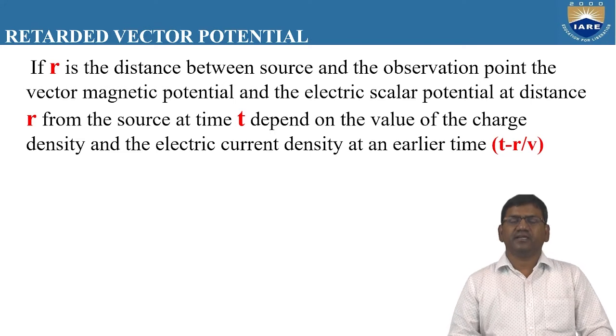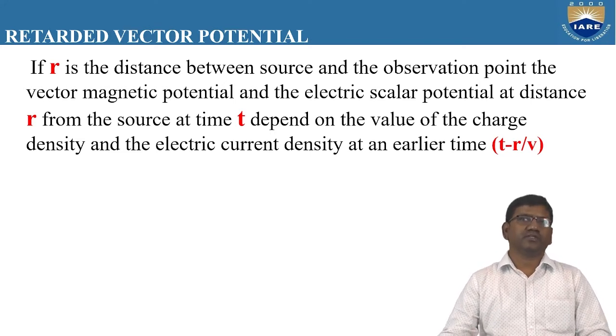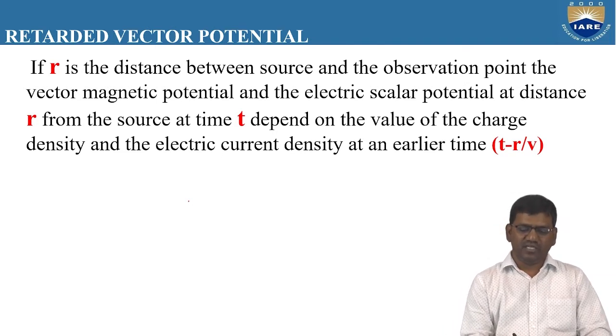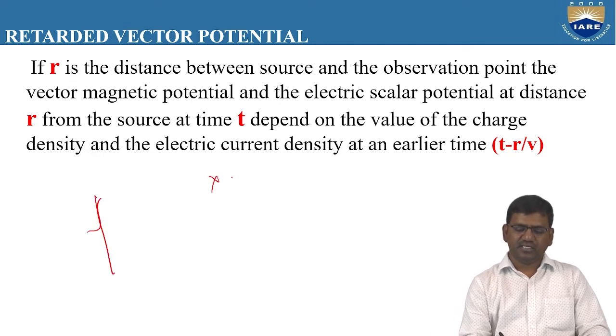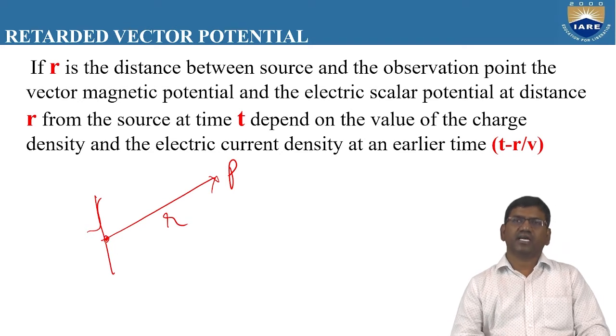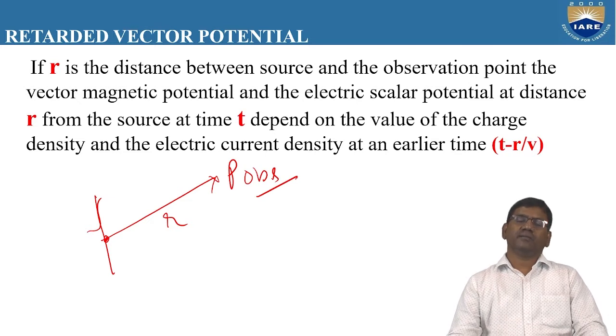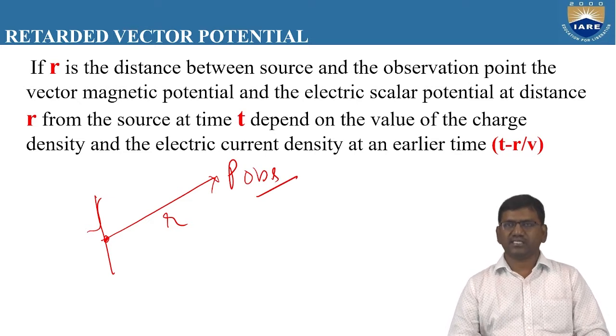Let us start some derivations and expressions for the retarded vector potential. How do we calculate the retarded vector potential exactly from a current element? You can apply it to a dipole, a half wave dipole, or any type of antenna. Let us assume a small conductor here, and a distant point P. From the center of the current element to the distant point, known as the observation point, the distance is taken as R.